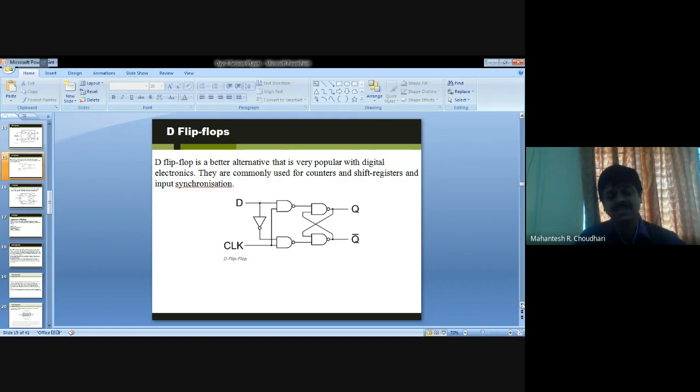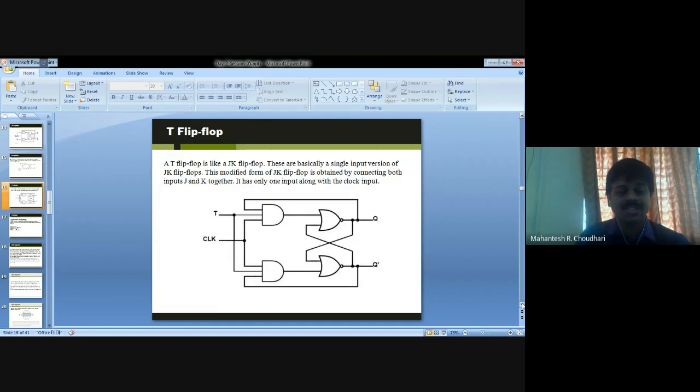So what happens whenever the clock is down, 0? D is 0, Q is 0, and Q dash will be 1. With clock 1 and D 0, Q is 0, Q dash will be 1. Similarly, when the clock is high and D is 1, Q is 1, and alternatively Q dash will be 0. So the change of state of the output is dependent on the rising edge of the clock. The output, same as the input, can only change at the rising edge of the clock. We have a few graph descriptions here.